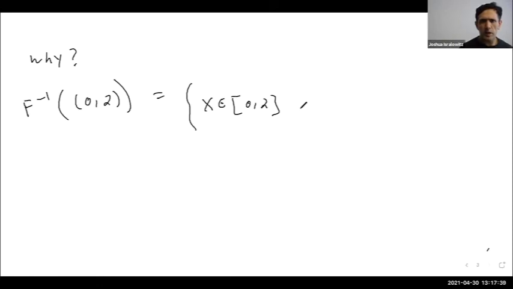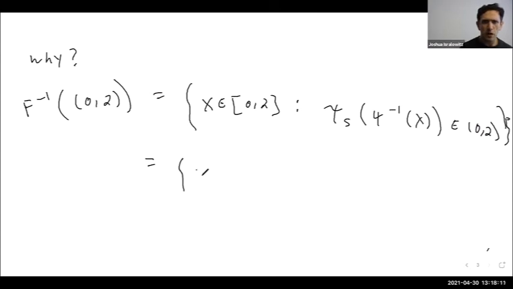Okay, so this is going to be the set of all x in 0 to 2, where the characteristic function of psi inverse x is in 0 to 2. Obviously, if it's strictly between 0 and 2, then it has to be 1. Otherwise, it's 0. So this is a set of all x between 0 and 2, where,